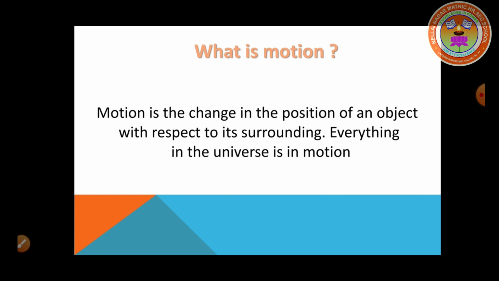The motion is described in terms of distance, speed, acceleration, and time. So, in this lesson, we are going to learn the different types of motion and also the equations of motion. Before that, we have to move on to